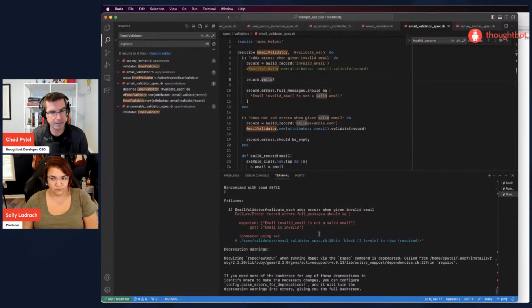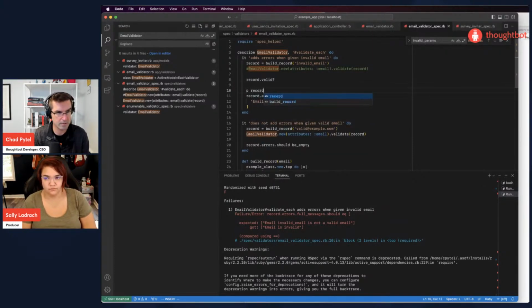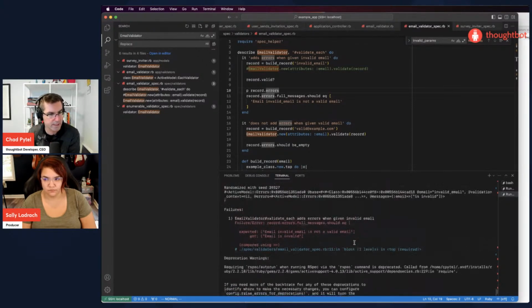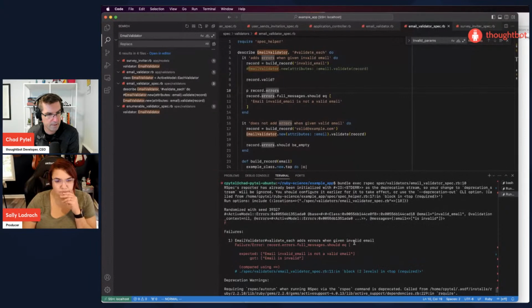Okay, so exactly the same failure. I should have added that print statement just to make sure that it's exactly the same. So it really seems like what we're doing is just setting the message the wrong way. It's just getting "is invalid",